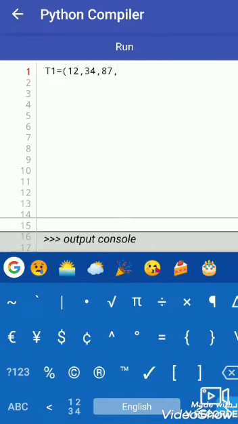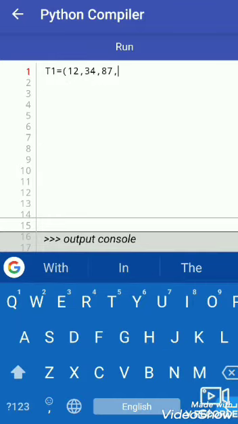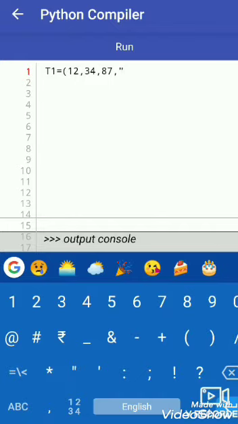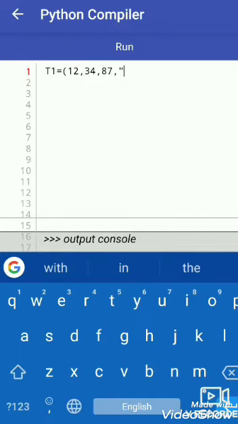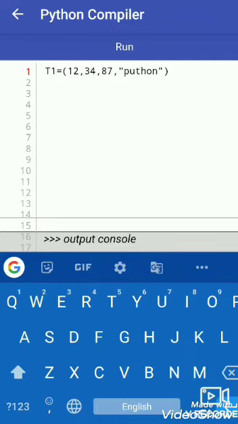Take one string, a collection of characters. So we use inverted commas and write here Python, inverted comma close. So here our T1 is defined.